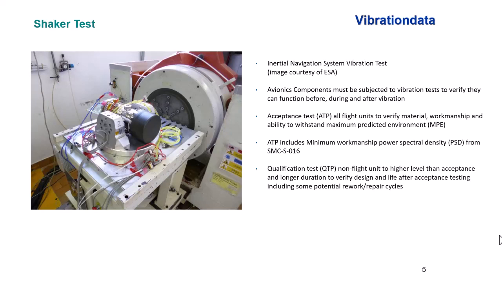So if a component has to undergo repair or rework, we have guidelines for how much it needs to go and recycle through its acceptance testing. So the QTP level margin duration need to be long enough so that that acceptance test unit can have a potential couple, 2 or 3 cycles of recycling through due to repair and rework, and with some margin to spare for the actual flight vibration. So more about that in